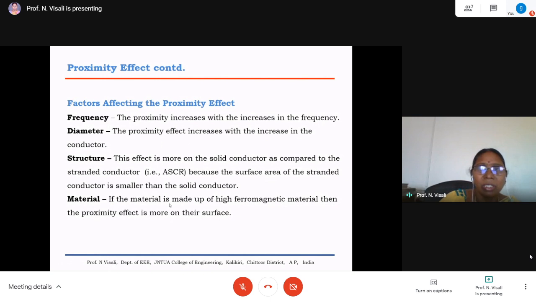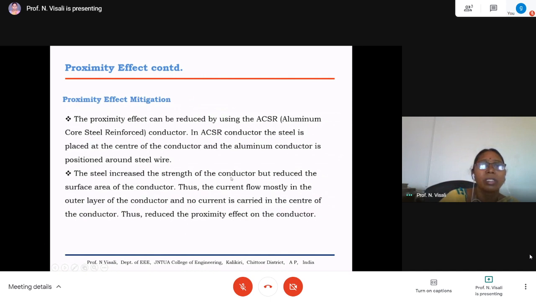Frequency increases, proximity effect increases; diameter increases, once again the proximity effect increases; structure changes the proximity effect, and material also will increase it. Then, how to reduce the proximity effect? Using different types of conductors, it can be reduced by